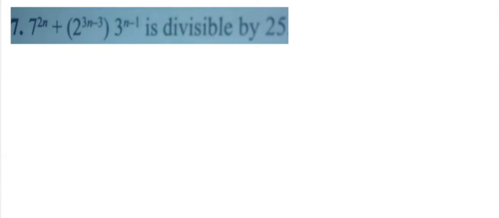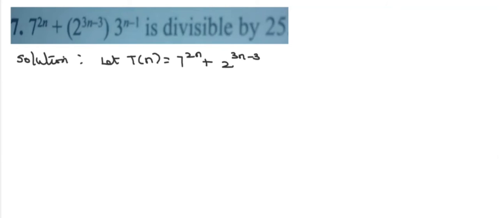Now we will discuss problem number 7 in mathematical induction. Prove that 7^(2n) + 2^(3n-3)·3^(n-1) is divisible by 25. Okay, I'll start the solution for that. Let us take the statement Tn. Tn is whatever is given in your question: 7^(2n) + 2^(3n-3)·3^(n-1) is divisible by 25. Divisible by 25 means I will take m into 25, because it is given in your question. According to mathematical induction, when n is equal to 1,